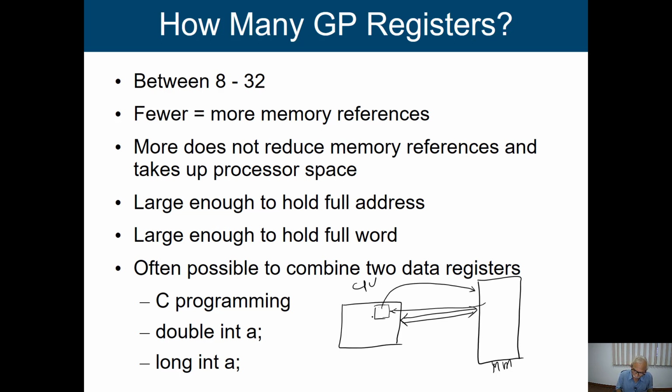If I put in more registers, then what will happen? We are going to consume more processor space. This space is basically space on the silicon wafer, because if we put in more registers, we take more silicon space. But it is observed that more registers don't reduce the memory references considerably. It will reduce them, but not by much.